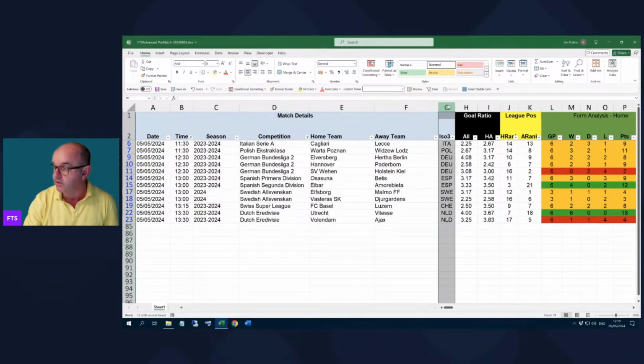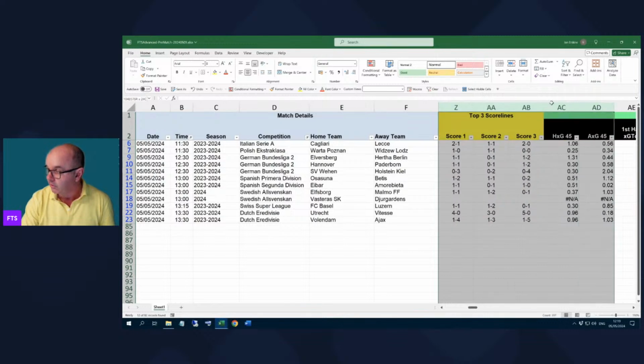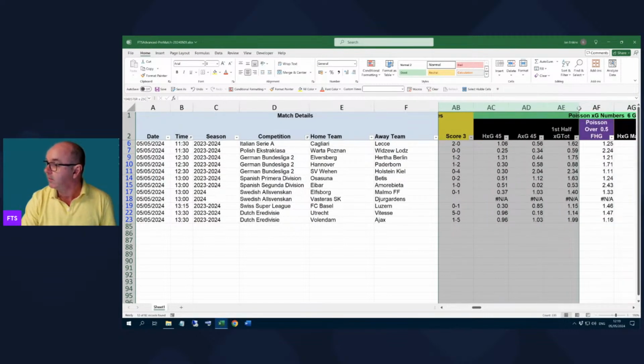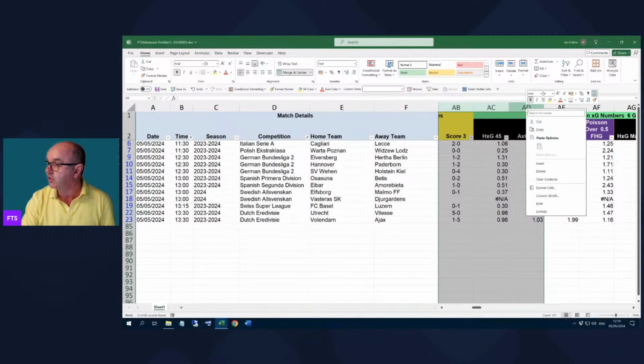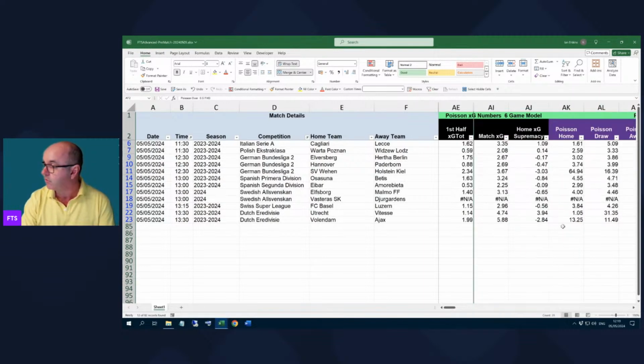And then I take the columns that I don't want. I don't care what country. I don't do anything on league. I don't do form on advanced. I tend to use it for ultimate, not this. But I'm going to leave my total XG up there for the minute. For my first half, I'm going to go and get the match XG. So again, I'm just getting rid of columns that can distract me,